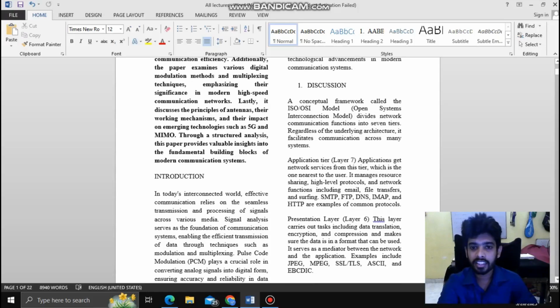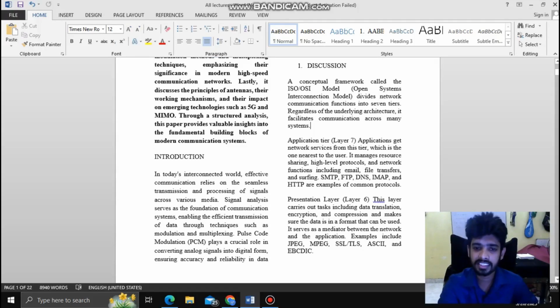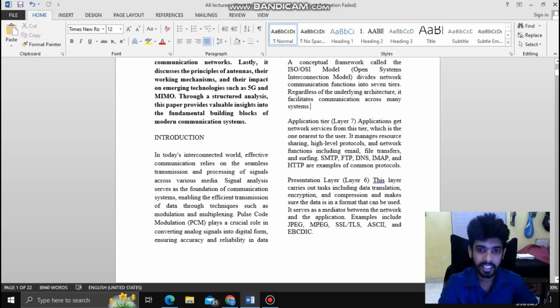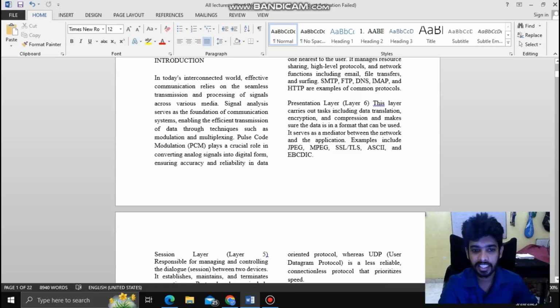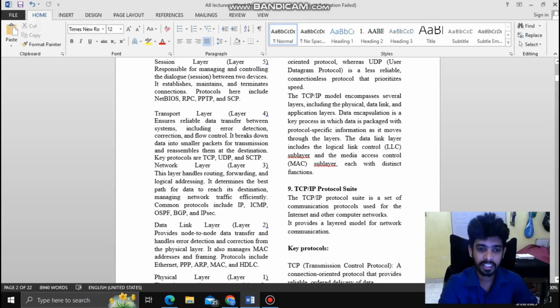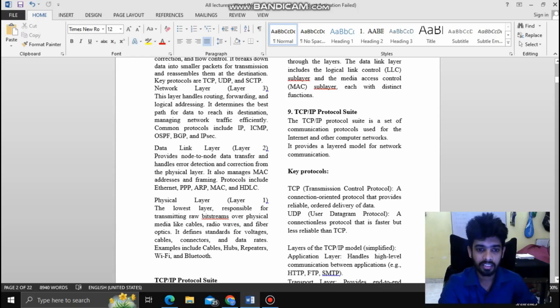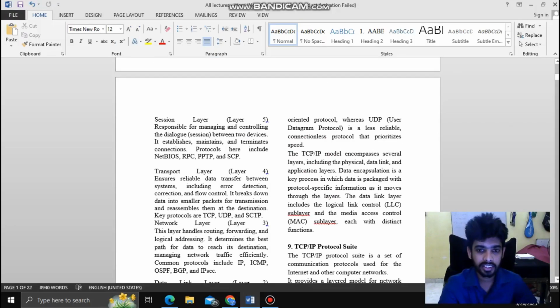So to start with the OSI framework, there are 7 layers in this, starting from the application layer, that is the topmost layer, the layer 7, then presentation layer, then you have the session layer, transport layer, network, data link, physical, right? Which is the lowest layer, layer 1, that deals with all the network devices, the physical devices. It is the physical part of this. Then in the first 2-3 sessions, we will be discussing these layers, then the TCP/IP protocol suite, right? That means the key protocols in data transmission, TCP and UDP, transmission control protocol, and UDP, user datagram protocol. So if I give a brief introduction about these layers,